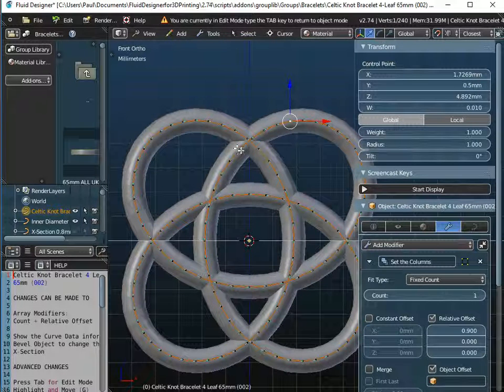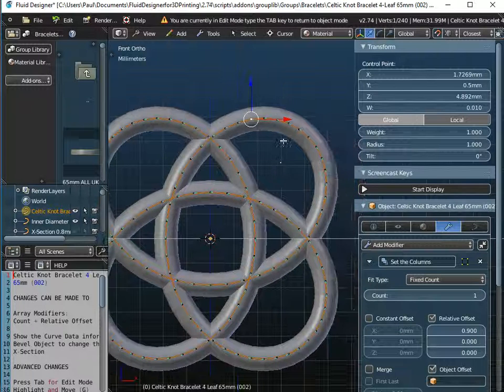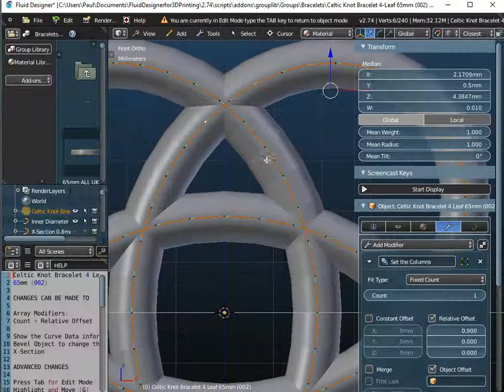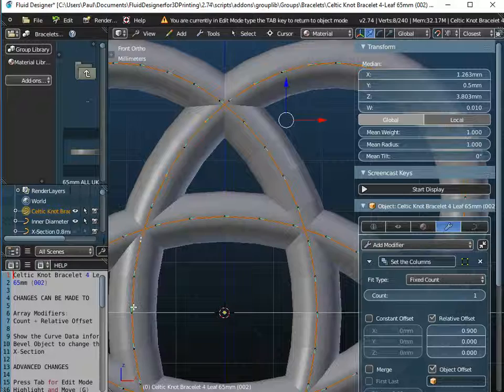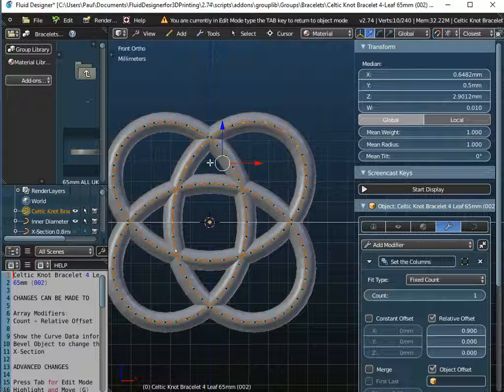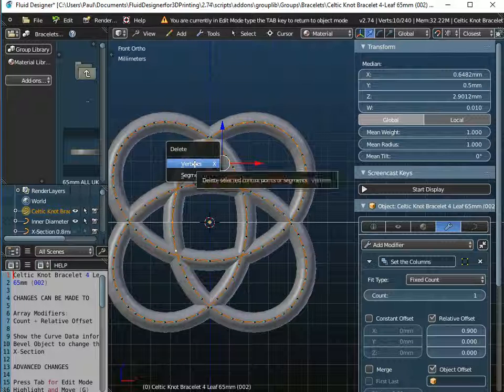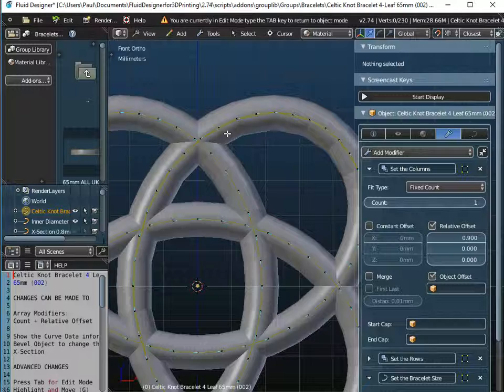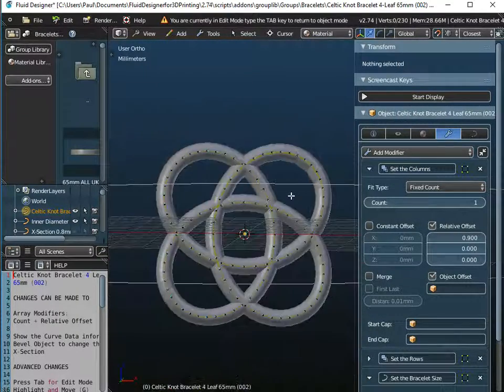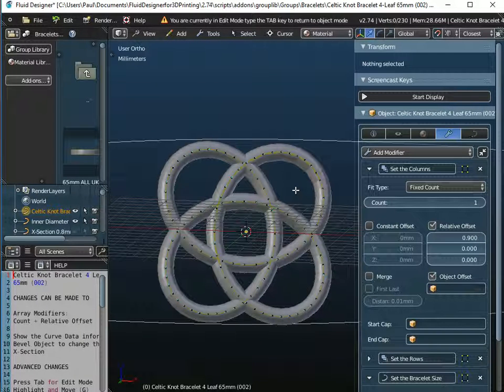Well, one way to reduce the face count here is if you zoom in, and if I hold down the shift key and select every other control point, and I'm just going around it selecting every other control point. I'd have to go around the whole object, and then if I do X on the keyboard and delete those vertices, so I've taken out some of the vertices, then I will reduce the face count. But obviously that will reduce the smoothness of the surface at the same time, so you do need to be aware of doing that